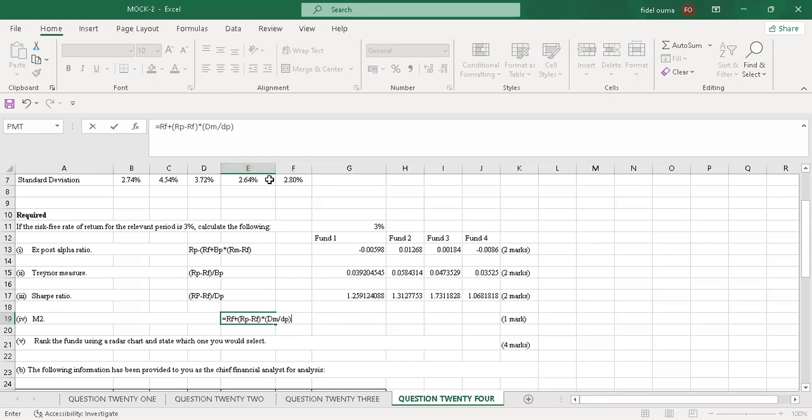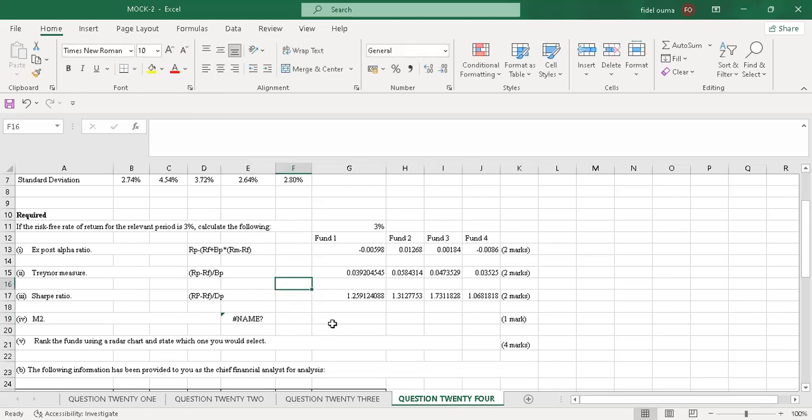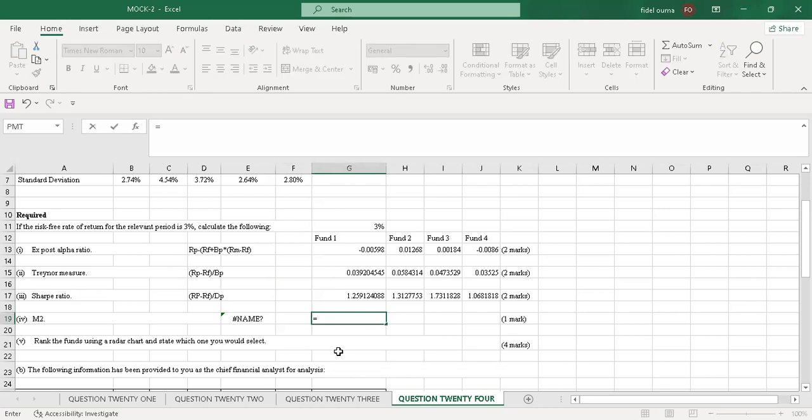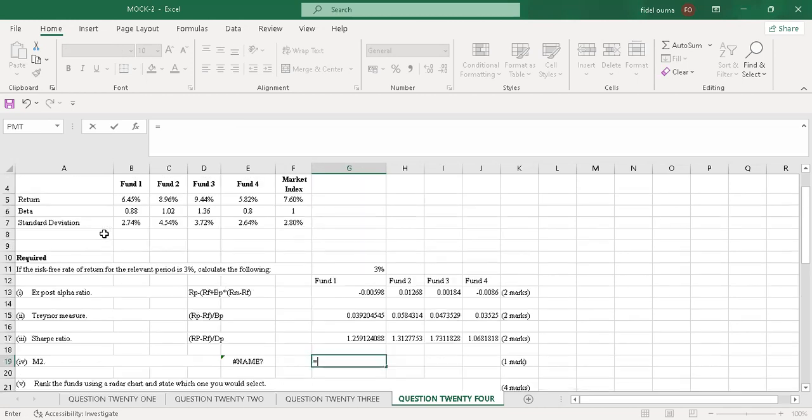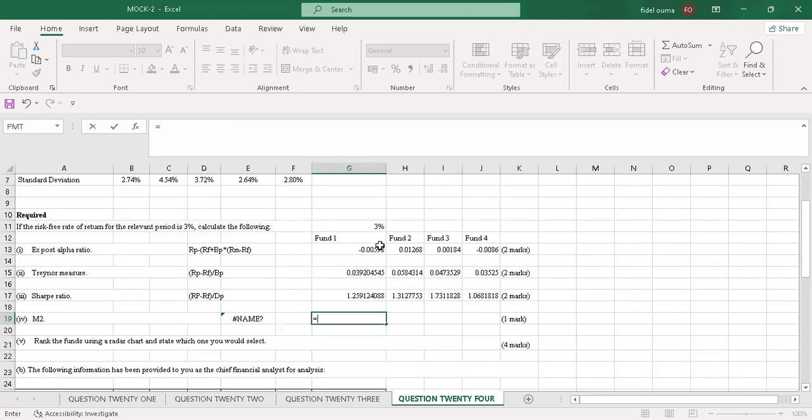So let me extend this. I'm sure you have captured the formula. So I just go to the working. I'll start with fund one. I'll start with the risk-free rate of return. So just equals to, then I pick the risk-free rate of return, which is this. It's constant, so I'll lock it completely. Then I'll add it, say plus bracket